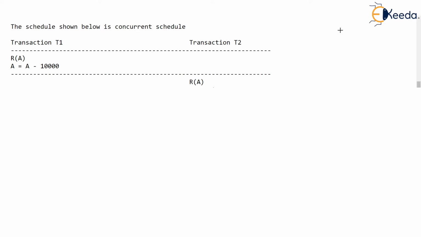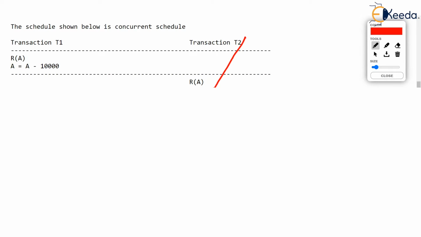Just see this transaction T1. My appeal to all of you is don't look at transaction T2. We are talking about only one transaction, T1, and assume that this is running and initially the balance of A is 20,000 and the balance of B is, let's say, 30,000, and A is transferring 10,000 to B. Just imagine that read A executes and A becomes A - 10,000. So A becomes 10,000. And some error occurs at this point and this transaction stops, aborts, or fails.